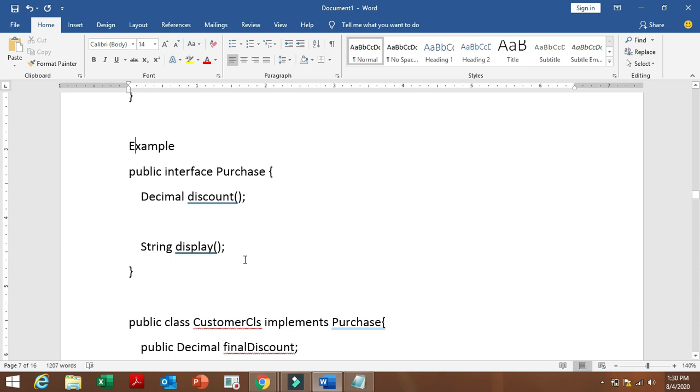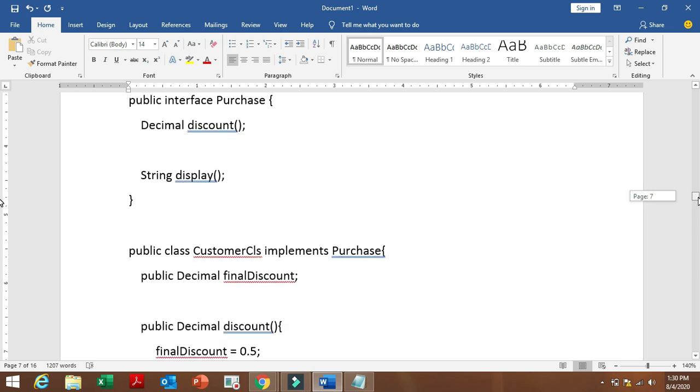Let's see some examples. Public interface and then the interface name, discount and display are declared. Next, let's take another class.